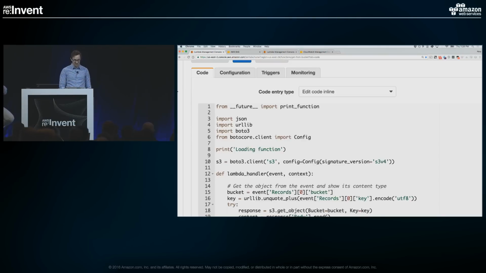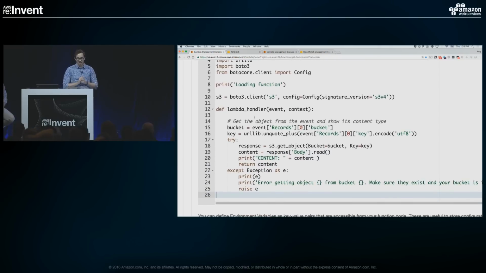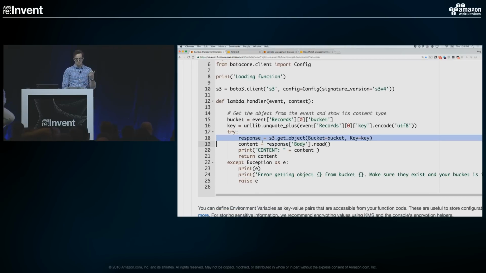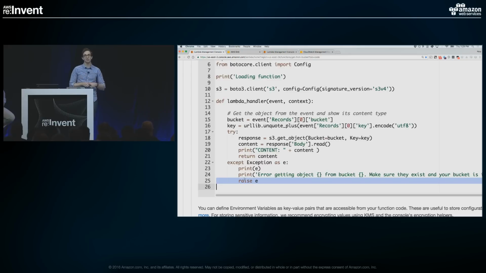The first one here, we have a function. It's very, very simple. All I'm doing in this function is I'm getting a bucket, I am getting a key, and I'm trying to get that object from S3. So very simple. And when I get the object, I'm just returning the content of that object. Obviously, here I have this exception where I'm printing the exception. I'm having this other error that I'm printing out, and then I'm re-raising that exception. And the main part to notice is that if this is an S3 no bucket or the object doesn't exist, that is the error that I'm re-raising here.